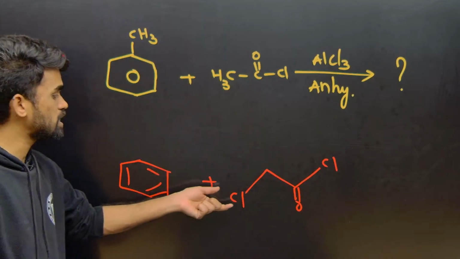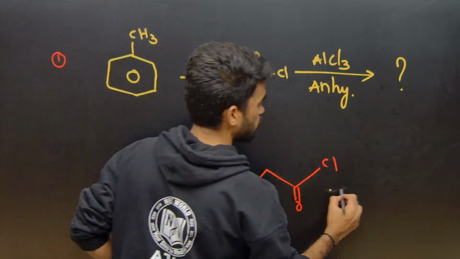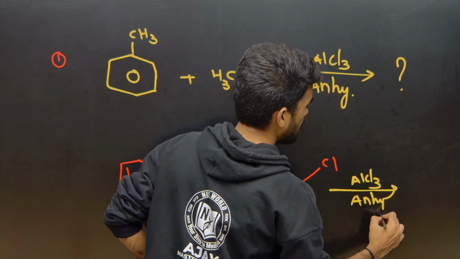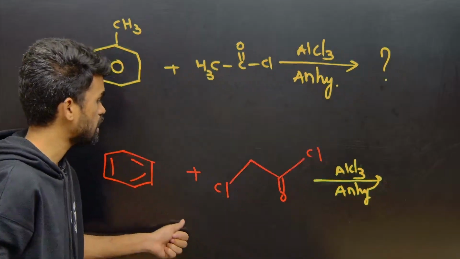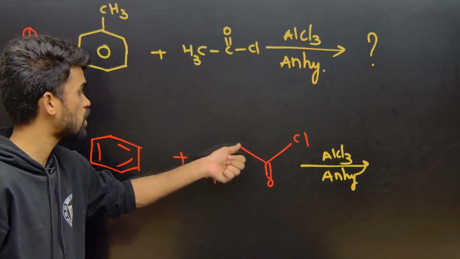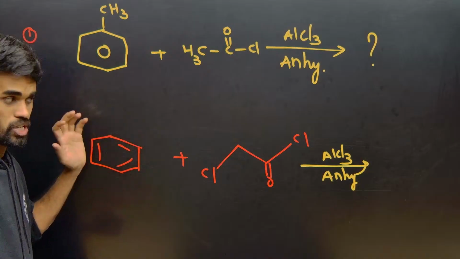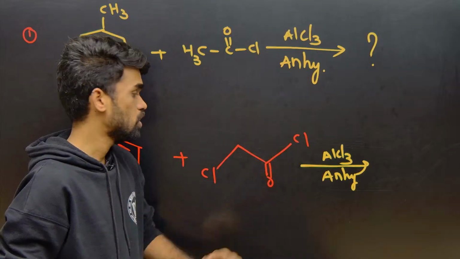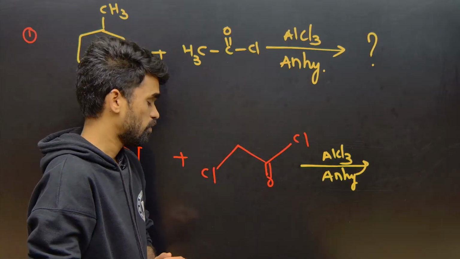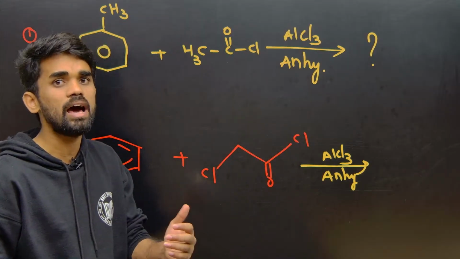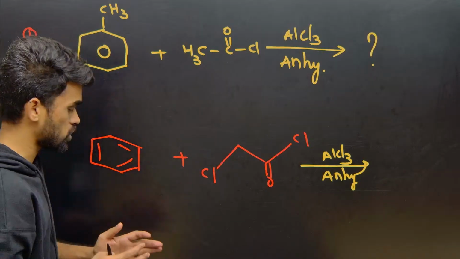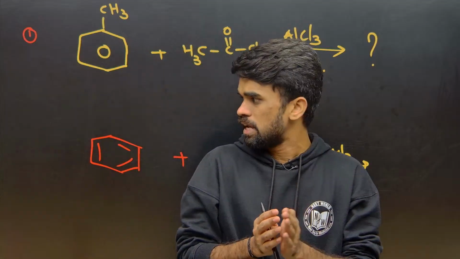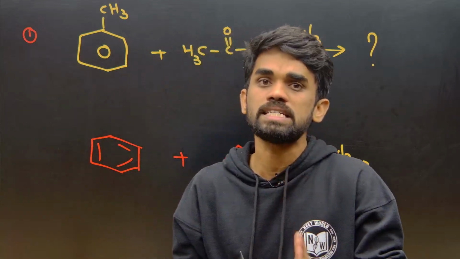So if this part is involved in the reaction with anhydrous AlCl3, we will get an alkylated product, because if this chlorine is removed, this is a carbon joining on this benzene ring. If this chlorine is involved, then acylation takes place. So we need to understand which one will be favored here, acylation or alkylation. In Friedel-Crafts reactions, when both acylation and alkylation are possible, then you have to go with acylation,